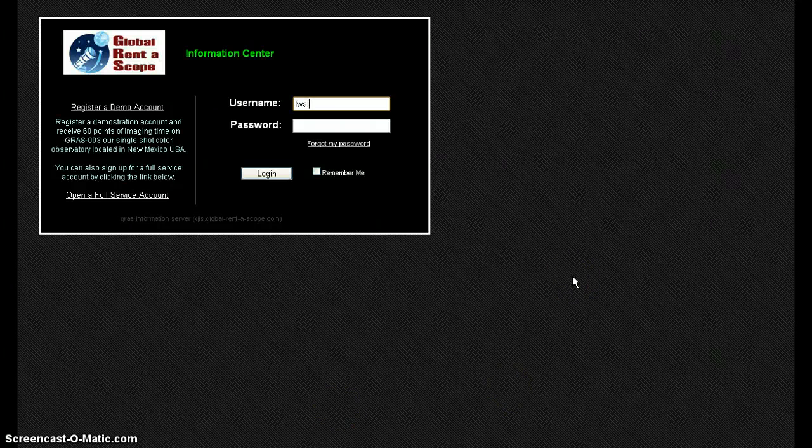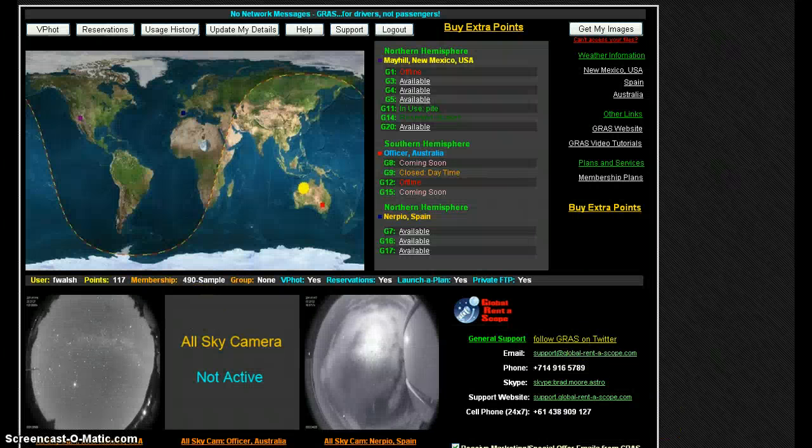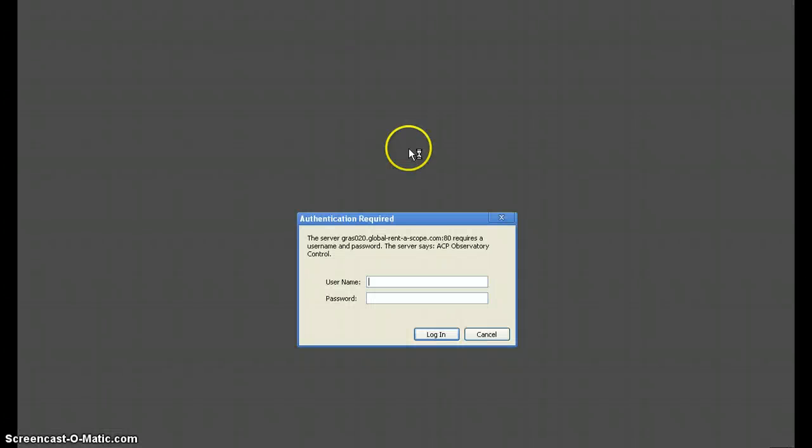Let's go see where Comet Levy is. It's 9:29, Wednesday, November 16th. New Mexico is open. That's where we're gonna go. Let's go right to